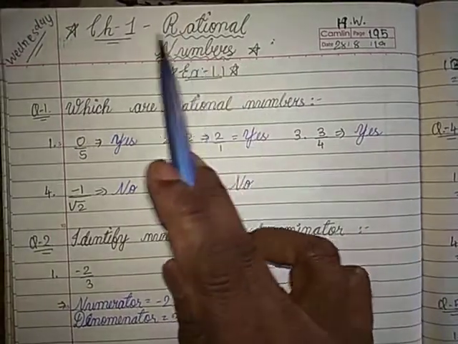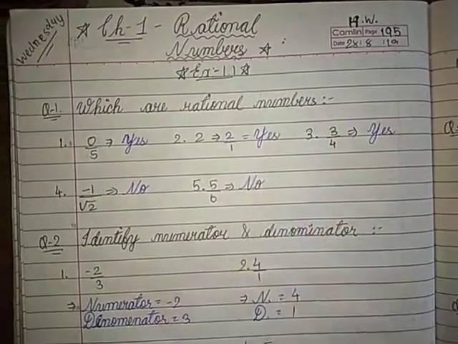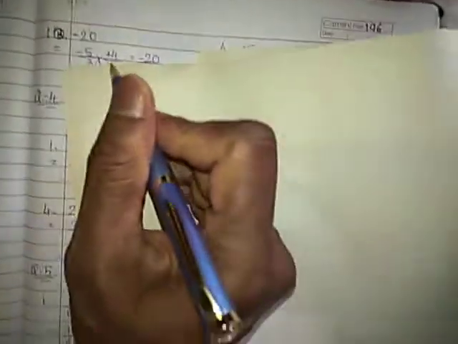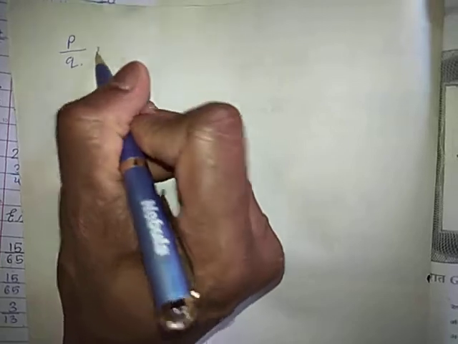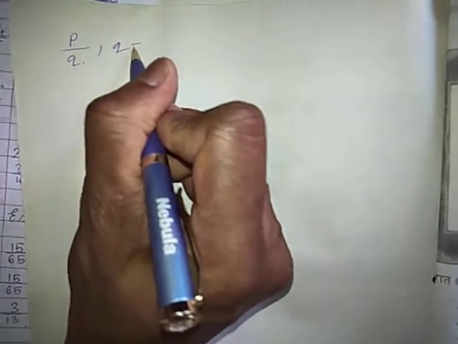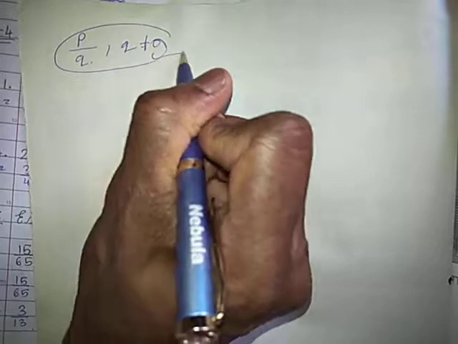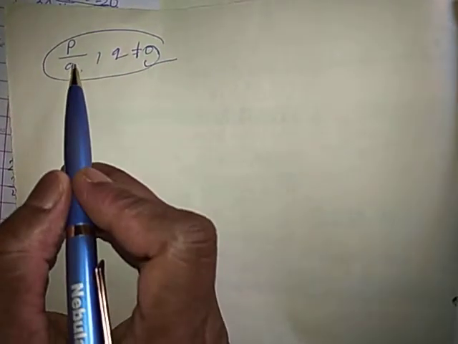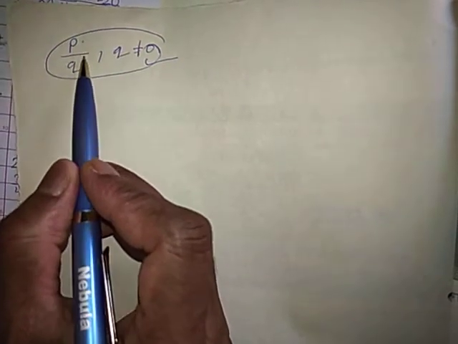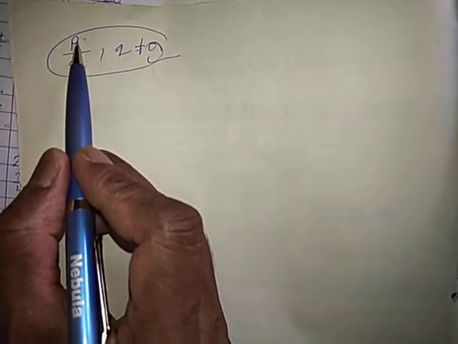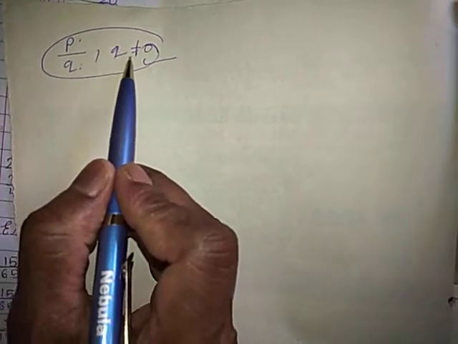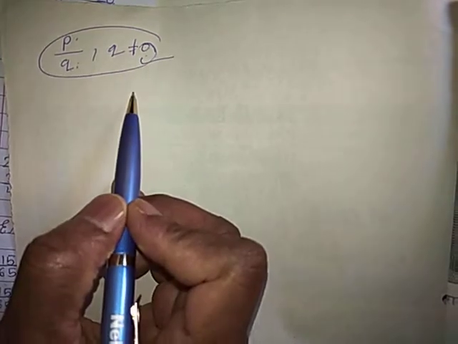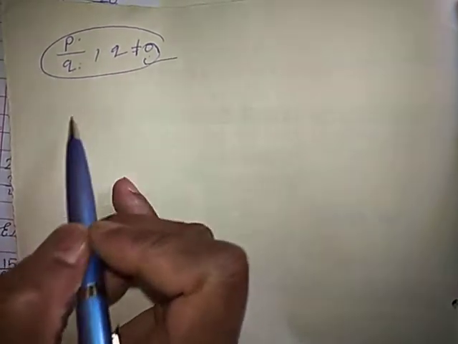Let's start with the first chapter, rational numbers. First, you have to understand what a rational number is. A number which can be represented in the form of p by q, where q is not equal to 0, is called a rational number. Okay? So what is a rational number? A number which can be represented in the form of p by q, where q is not equal to 0, is called a rational number. Okay? So let's see